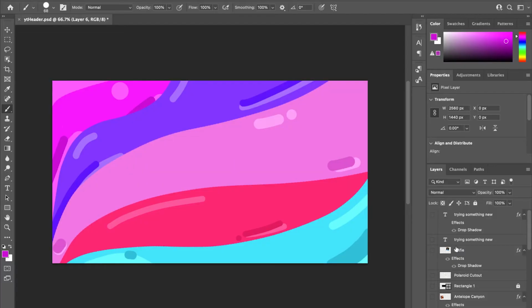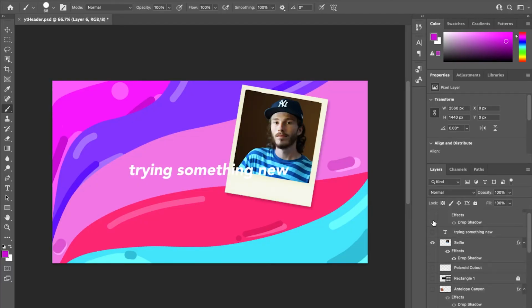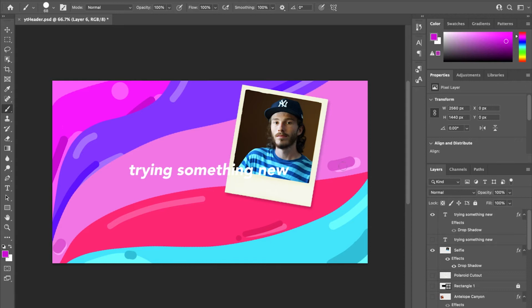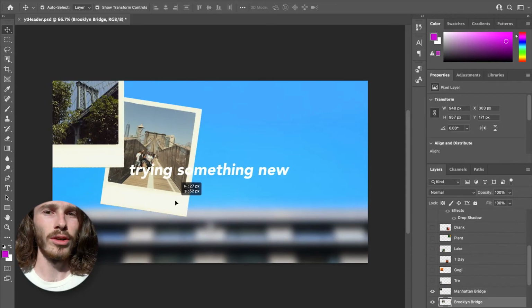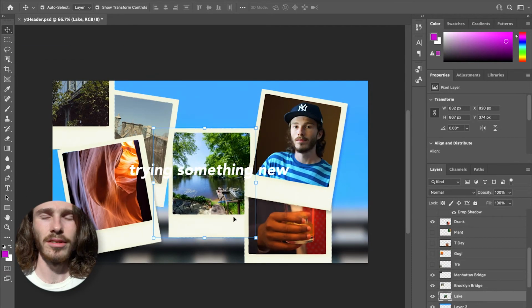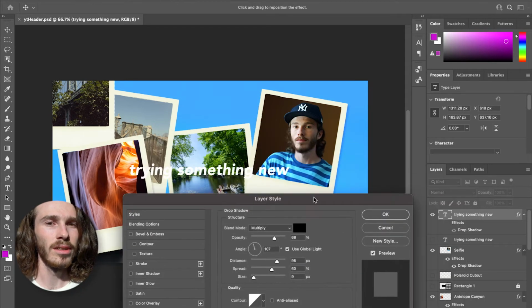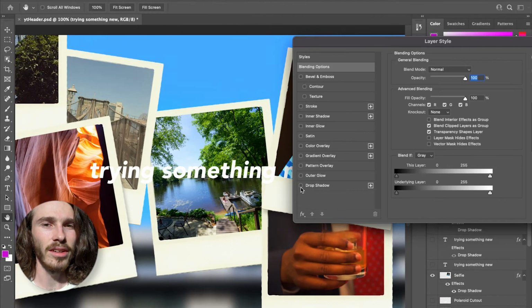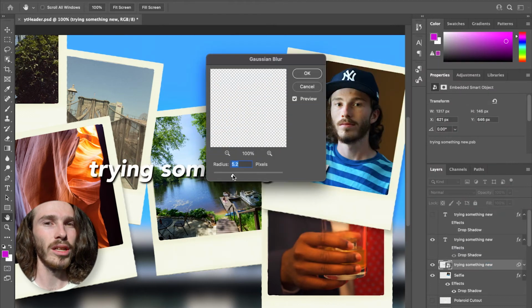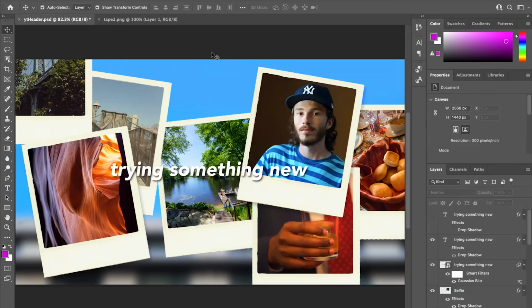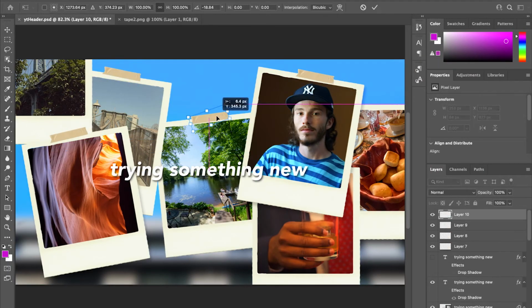I still didn't have a good background, so I painted this abomination with the brush tool, but I ended up not using that either. I came back around to the idea of the Polaroids, but just knitted together a little bit tighter. The blue sky image is still there, but it's not really noticeable. I liked the idea of the photos being tighter together, and it stuck to the original idea pretty good. I added the tape for some more texture and dimension in the photo, blurred the shadow layer, exported, and then